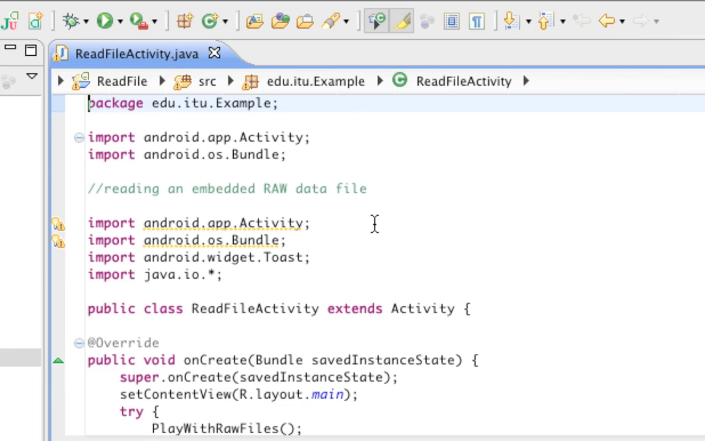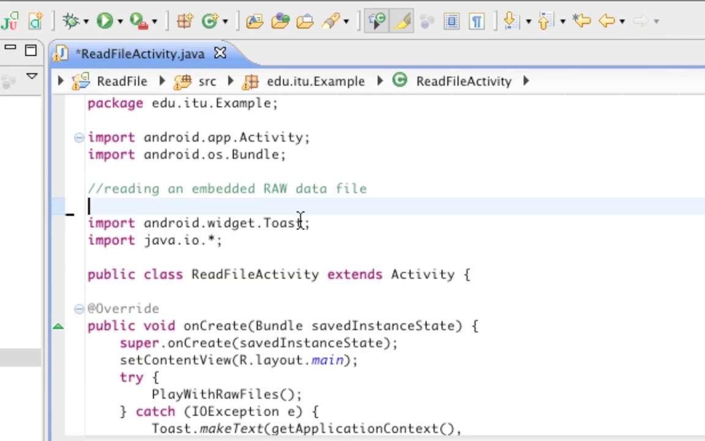But it's going to read an embedded raw data file for which we need Java I/O, because we're going to use regular old Java read stream objects to do it. So I could remove the bundle and the activity. We're not really doing any of those. Actually, I have them up here, so that's probably why. In fact, I'll just take that out now. Clean this up a little bit while I'm here. Okay, so